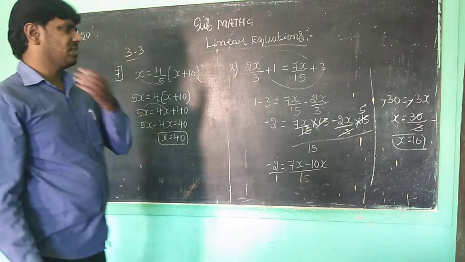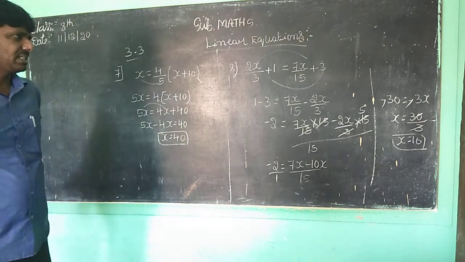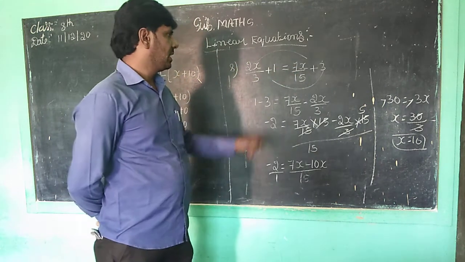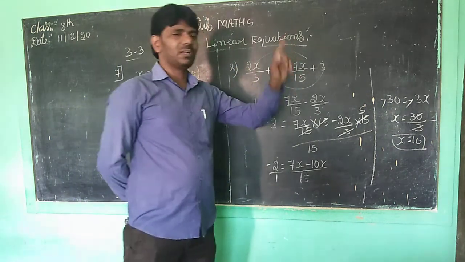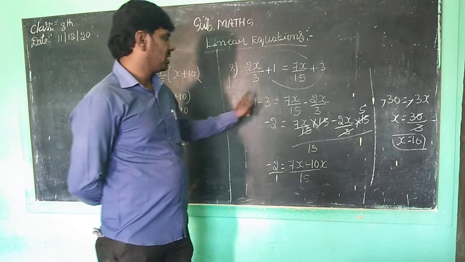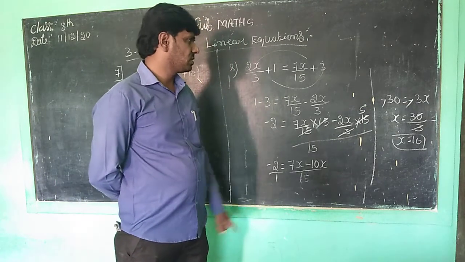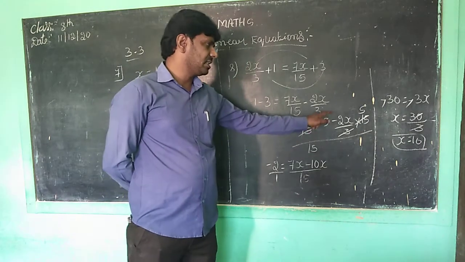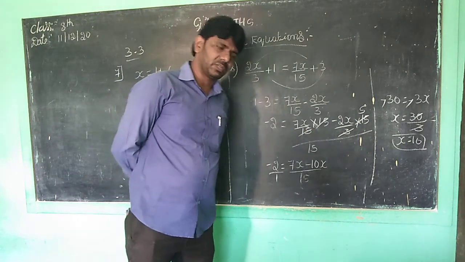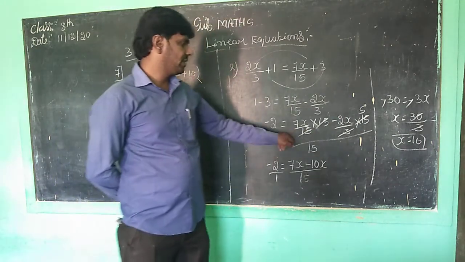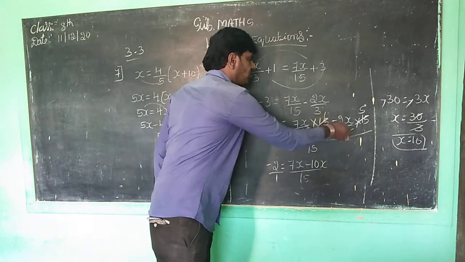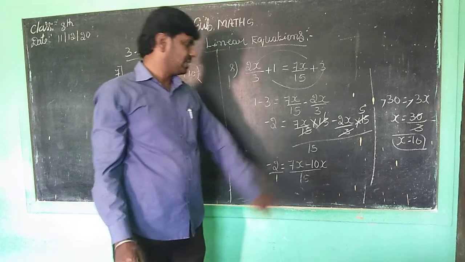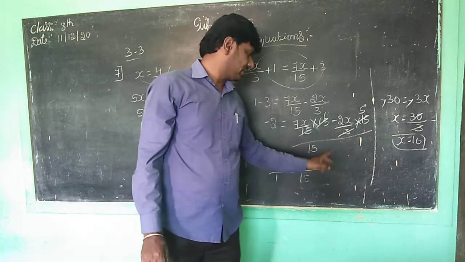2x by 3 plus 1 is equal to 7x by 15 plus 3. This plus 3 will transport into the left hand side and this 2x by 3 will transport into the right hand side. 1 minus 3 is equal to minus 2. So children, 15 and 3 LCM is 15. 7x by 15 into LCM minus 2x by 3 into 15 LCM divided by 15. 15 1 15 is cancelled. 3 5s are 15. So minus 2. 7x into 1 is 7x minus 2x into 5 is 10x.